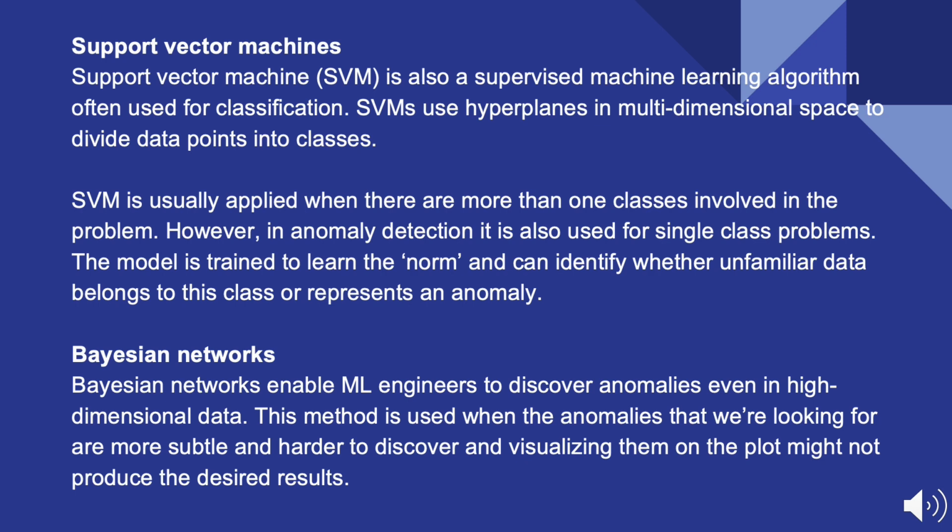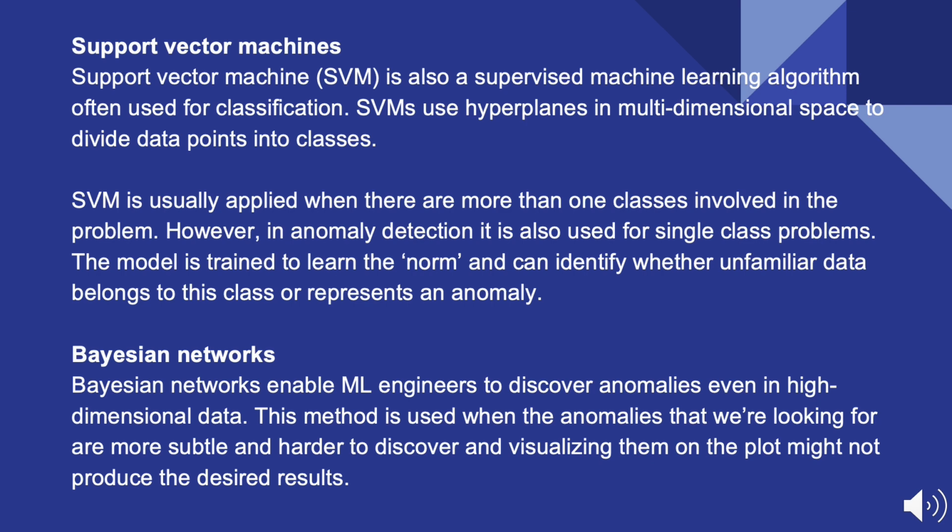Support vector machines. SVM is also a supervised machine learning algorithm often used for classification. SVMs use hyperplanes in multi-dimensional space to divide data points into classes. SVM is usually applied when there is more than one class involved in the problem. However, in anomaly detection, it is also used for single class problems. The model is trained to learn the norm and can identify whether unfamiliar data belongs to this class or represents